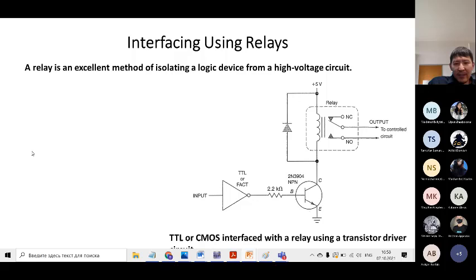Interfacing using relays. We interface some inverter, TTL or fast inverter, through a resistor to the relay. This relay then we can connect to some output device and control it. Just by clicking the mouse on your computer, you can switch this TTL, and you can control some